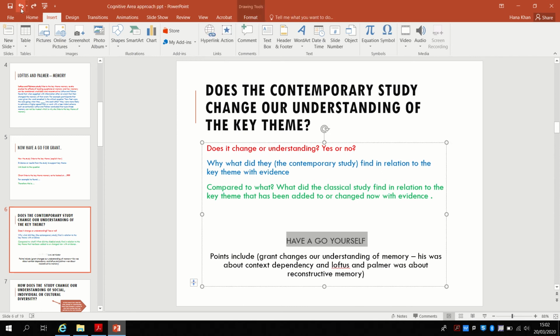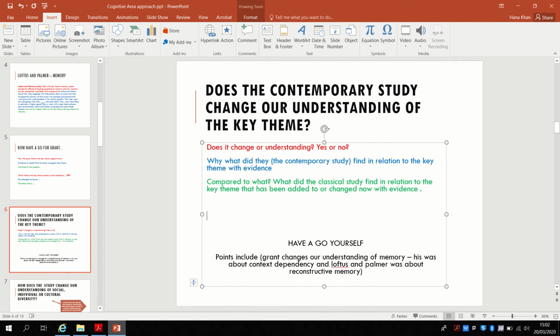Points include Grant changes our understanding of memory because his was about context-dependent memory and Loftus and Palmer was about reconstructive memory. So your first kind of red section, so does it change our understanding? You'd say Grant does change our understanding of the key theme of the, I'm just writing it guys as well, the key theme,